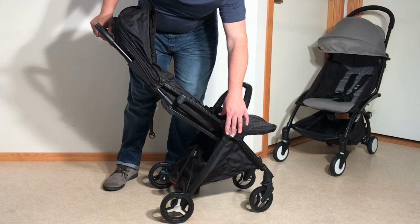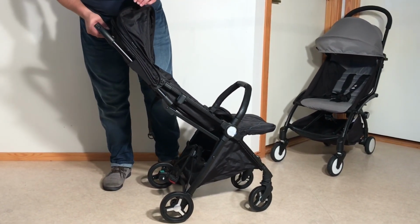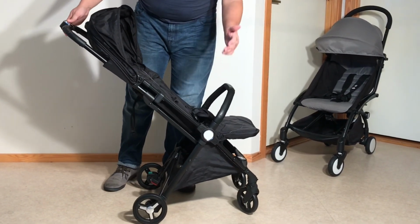It doesn't lock in place. The only other point locking is that umbrella crosshatch design at the bottom. So I would say overall it's not like the weakest setup,